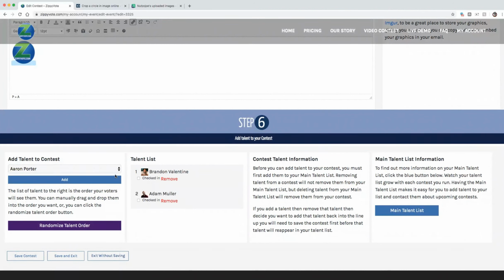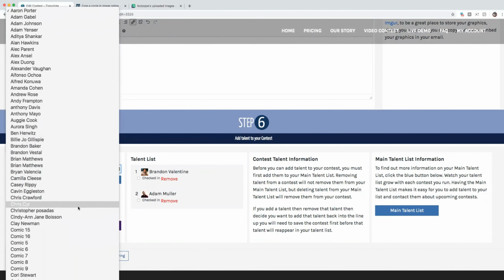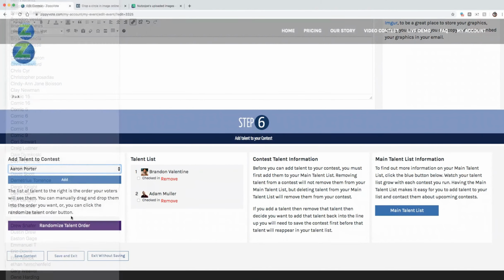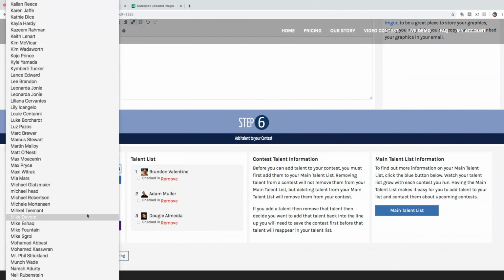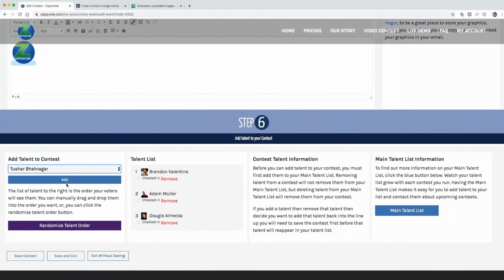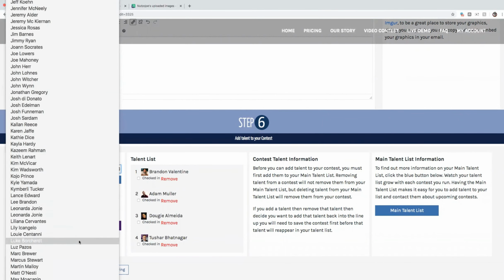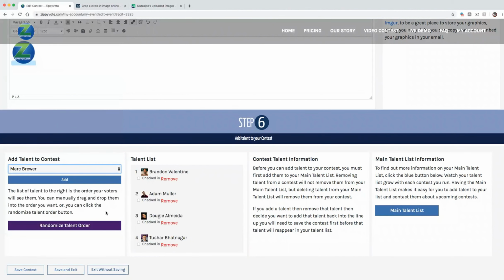And we can add somebody else, another comic. We can go down and grab another comic. And we just keep doing that. We can add as many, if you want 10, 15, 20 talents. And we call these your talent list. This could be stand-up comedians. It could be singers, drummers, chefs,